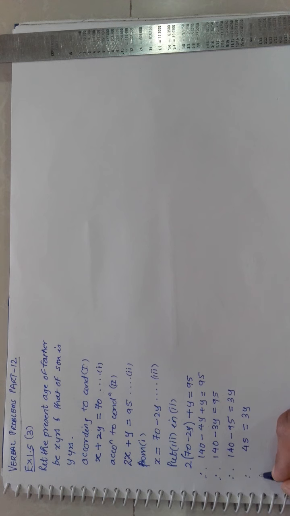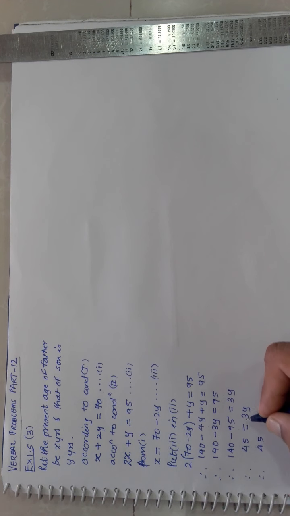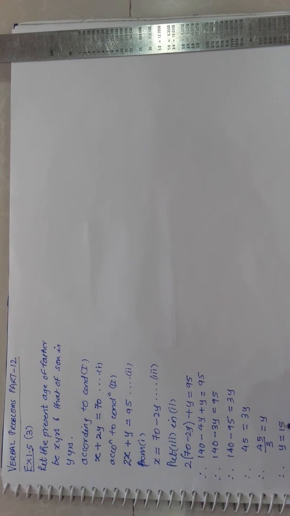Okay. So obviously to find y, it will be 45. Between 3 and y is multiplication, so I am breaking this bond over here. It will go to the other side, change the operation, that will become division, and that is nothing but y. I have explained this earlier also. It will become 15 is equal to y, can be written as y is equal to 15.